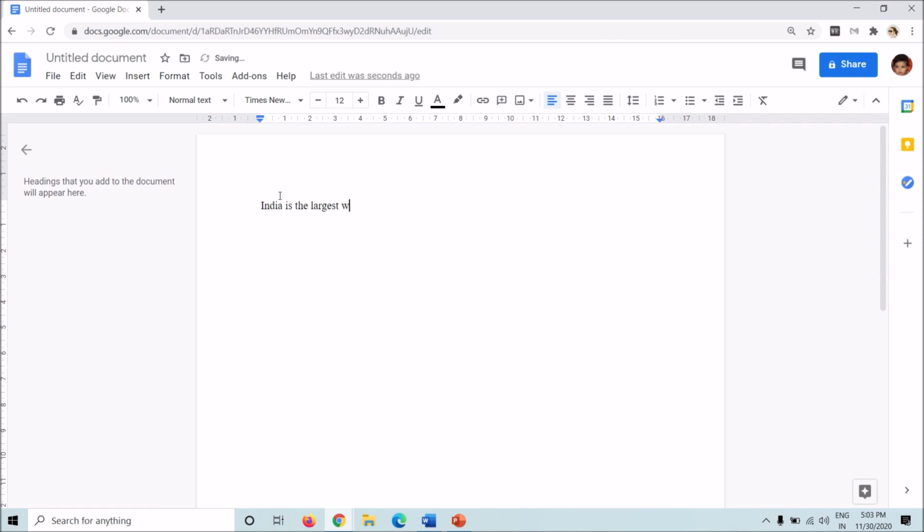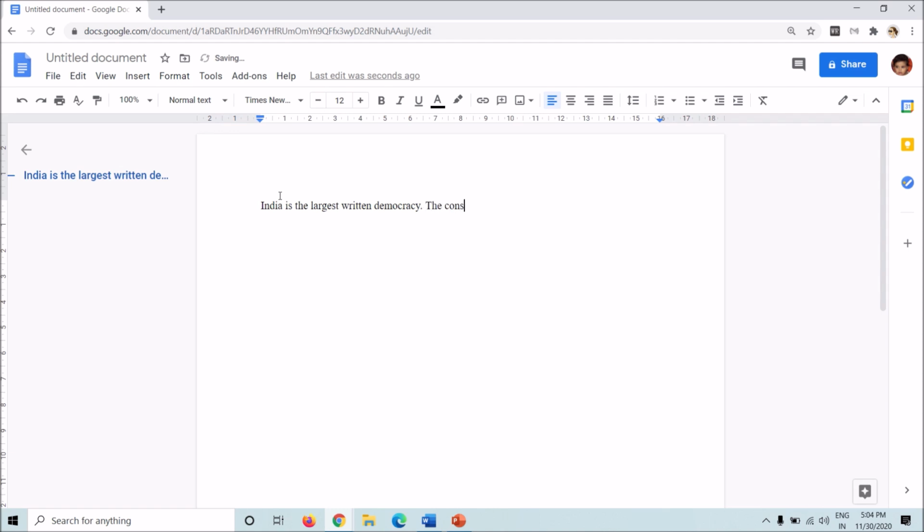Okay, so while I was writing, you could see that I made an error, which Docs corrected itself, just like it did right now. If Docs thinks that you are making an error in a word that it can easily detect, like the word written, and you have written something else instead, Docs would provide an option. It would automatically change the word to the closest word that actually exists. So India is the largest written democracy is the sentence that I wrote.